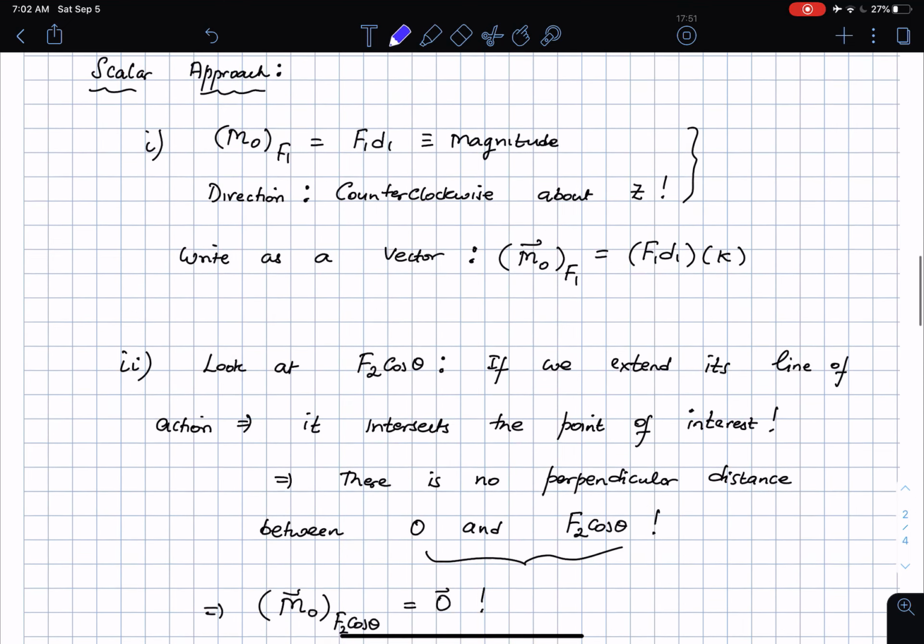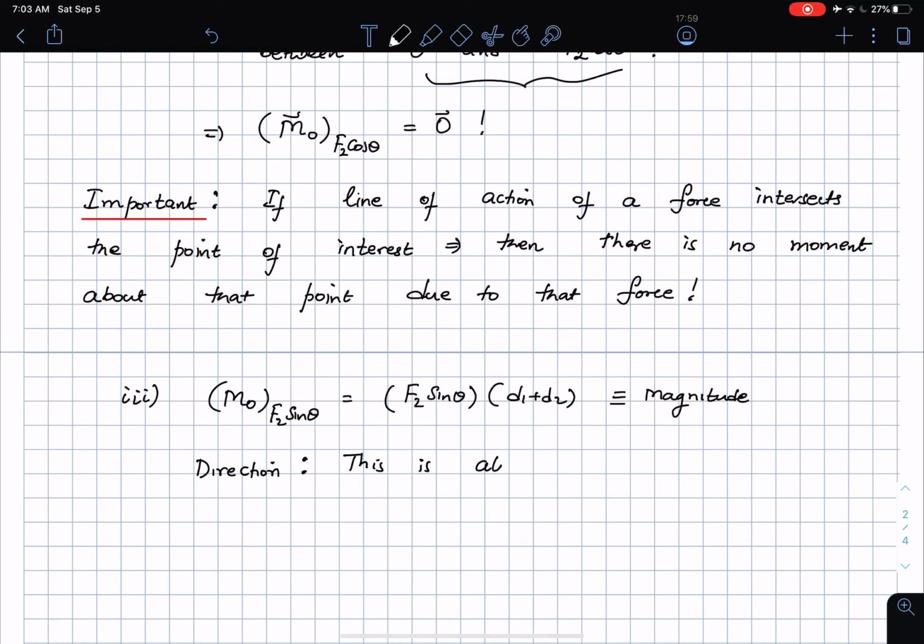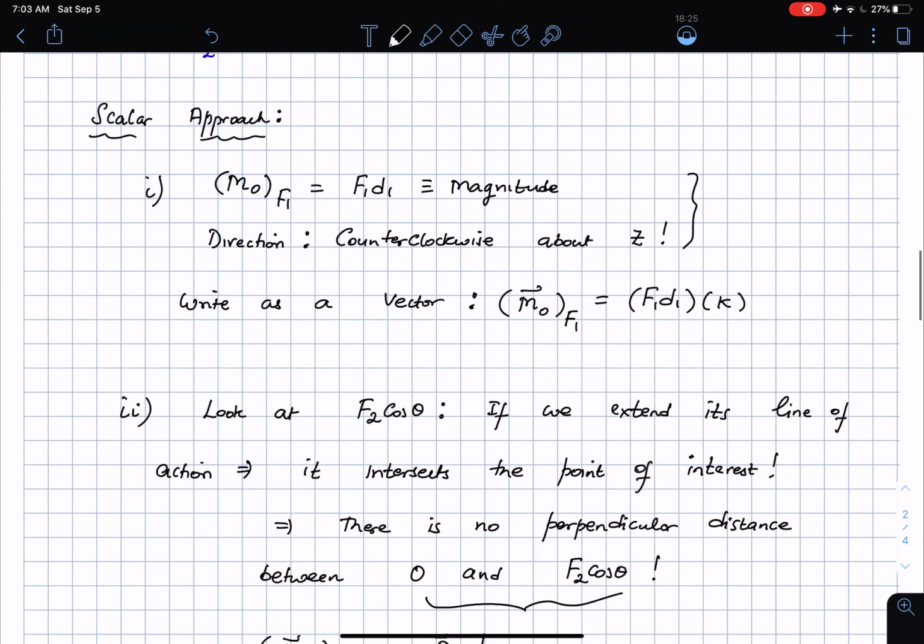Okay, so this tells me the following. The moment about O is directed along the negative z axis, which means that this is a clockwise moment. And in the previous case, this was a counterclockwise moment, right? Directed along the positive z axis. And so if you have a clockwise moment, you obviously see it's going to be a negative,